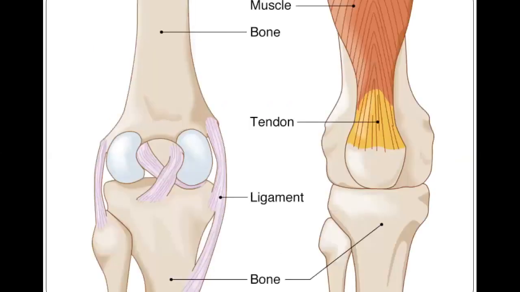So here are examples of what we have right here. Here we have the quadriceps, the rectus femoris coming in, and this juncture between the muscle itself and the patella, the bone right here, which will actually continue down and attach onto the tibial tuberosity as well. But this is where it becomes a tendon, because it's attaching the muscle to the bone. Here's an example of a ligament, where the femur is coming in contact with the tibia and the femur in contact with the fibula, attaching bone to bone. So these are our